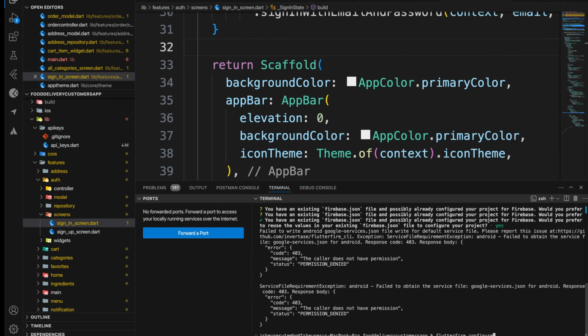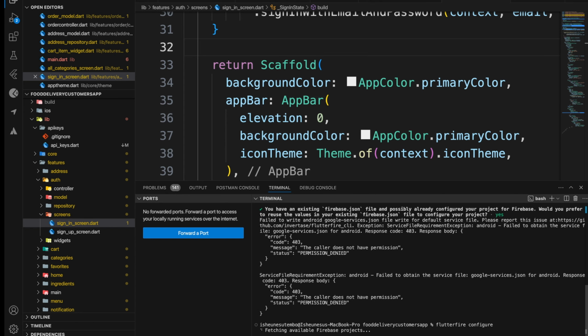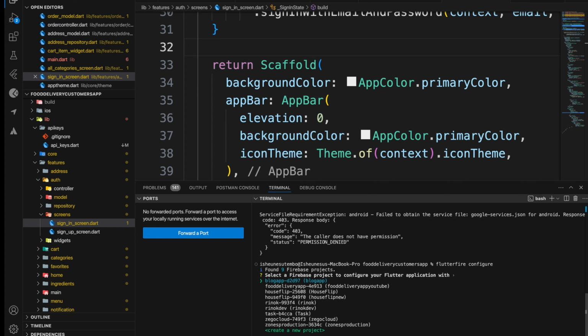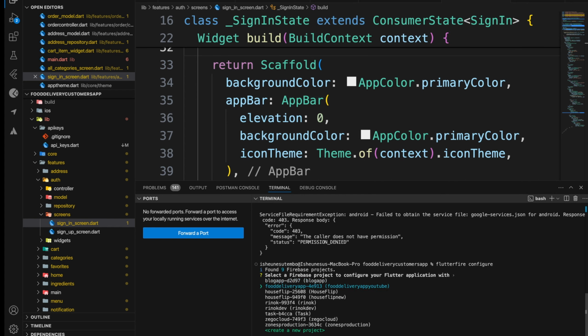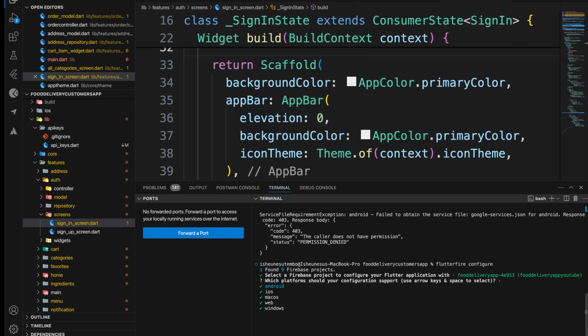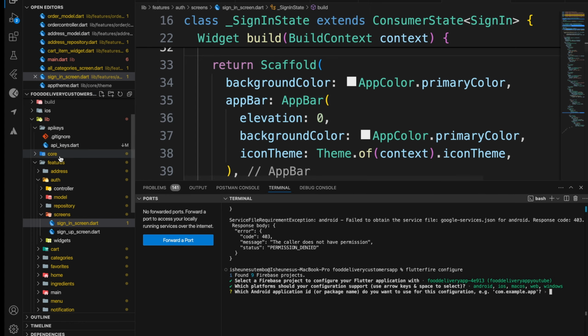So now Flutter configure. Now it's fetching the projects that I have on the Firebase console, right? So as you can see, this is the project that we want, food delivery application, that's highlighted in blue, right here. So we want to add it to Android. So for us to add it to Android, what it needs is the